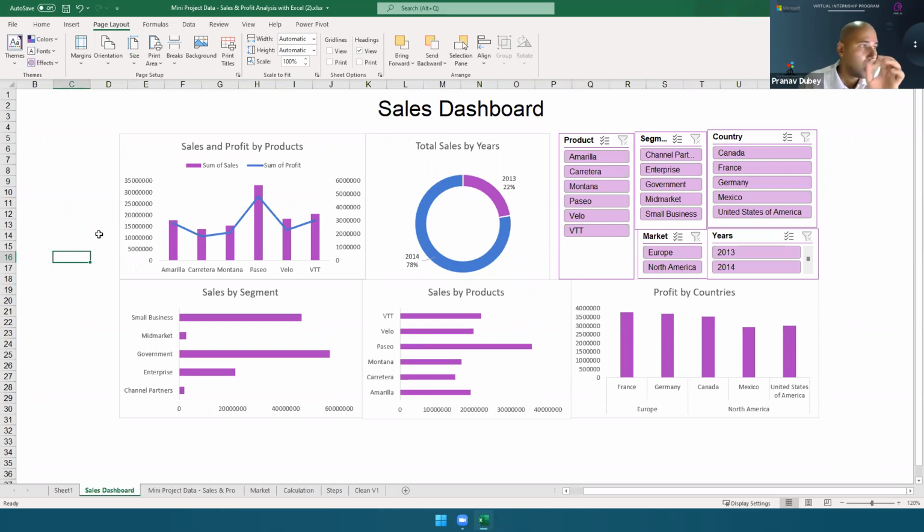Okay. Now, when we present our dashboard, or when we share our file, we hide all our raw data. I mean, we don't want others to look at our raw data, which may contain some confidential information. So in that case, everybody look at the screen. We will do some data protection. We will not remove, actually, we can't remove it. We will hide our data.